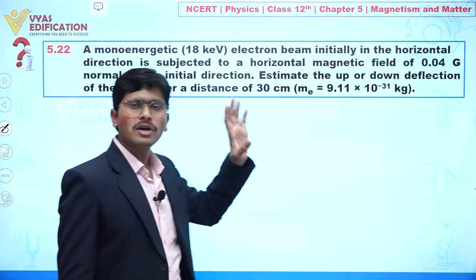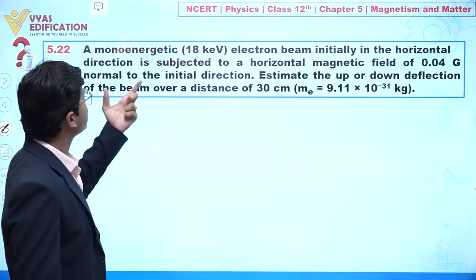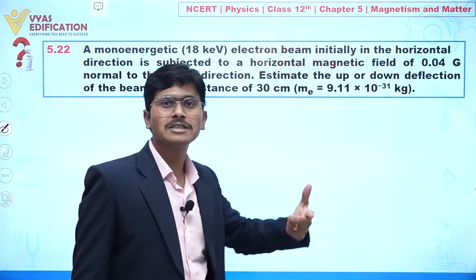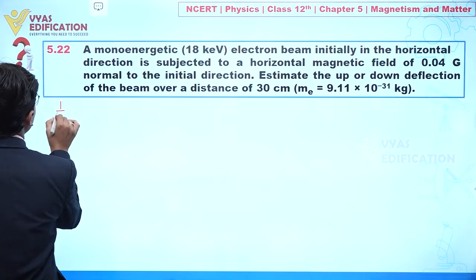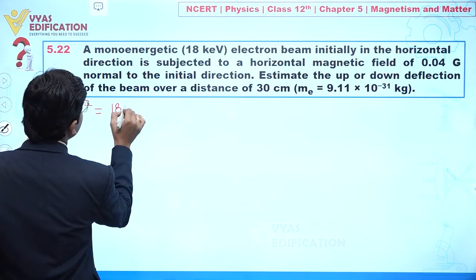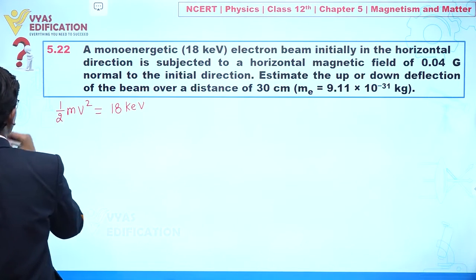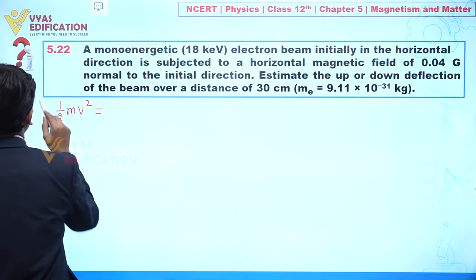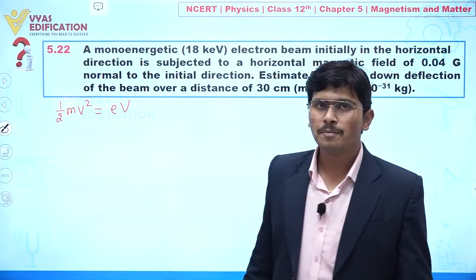An electron already has some initial kinetic energy because it is a monoenergetic electron, and this value is given to you as the initial energy. Clear? So we can write the initial kinetic energy, half of mv square, which is given as 18 keV. In terms of formula, this is equal to eV. You know very well, potential difference